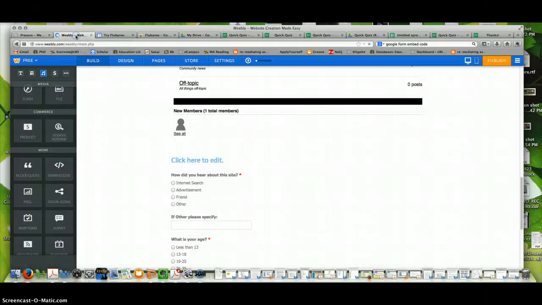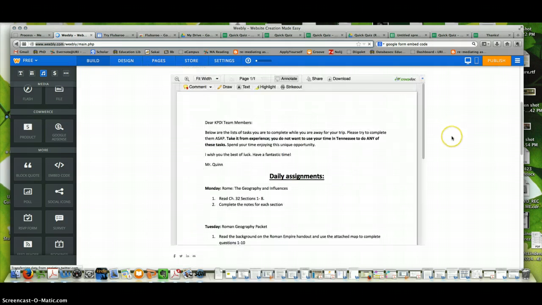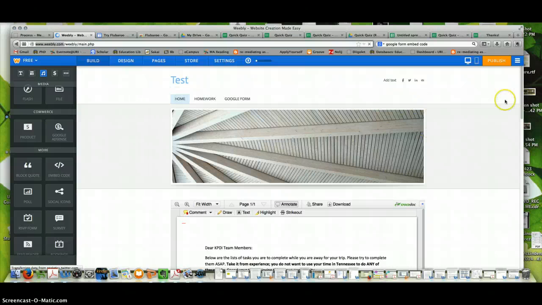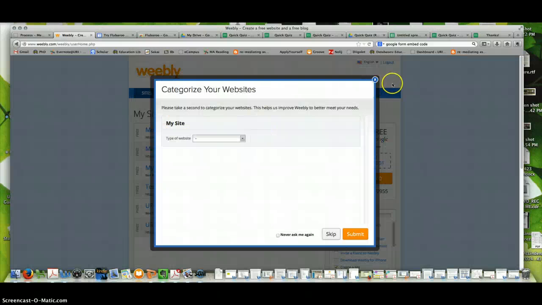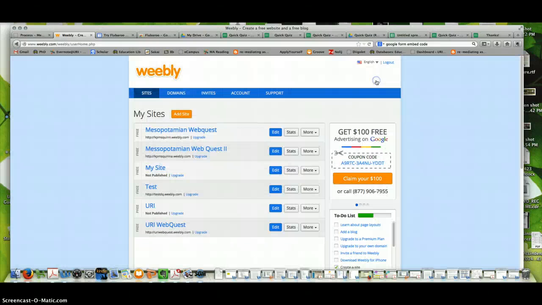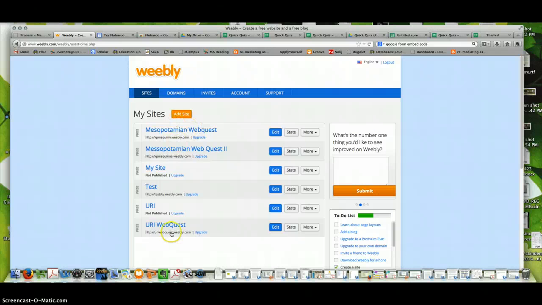Okay, so to get started, you'd go to Weebly.com, create an account if you don't have one already. There are options to use your Facebook account as your Weebly login. I use my Yahoo email address just to keep things separate. To create a site, what you need to do is you'll come up on your main menu. Okay. I don't want to categorize my websites right now, but you can see all of the sites that I've